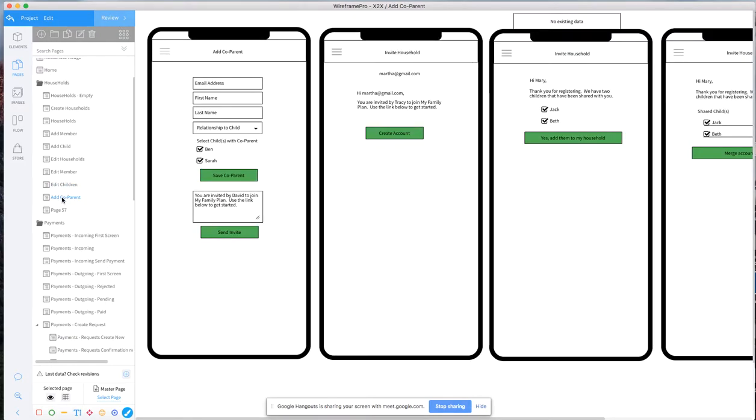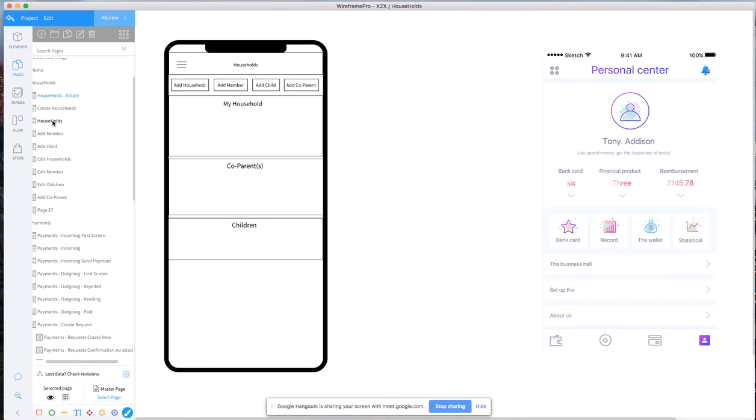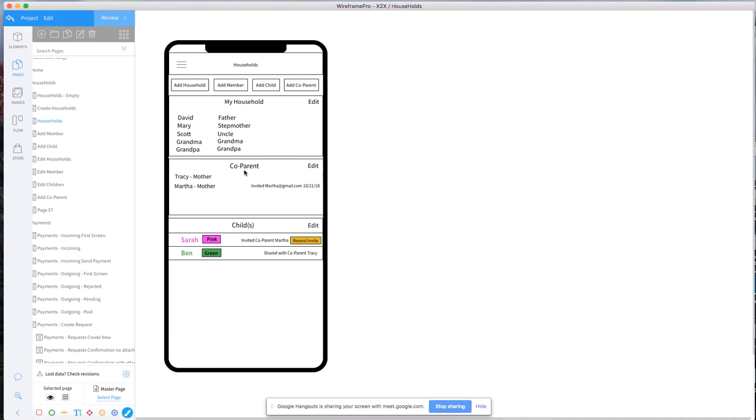All right. So when we go to add a co-parent, the only thing we really need to collect is their email address, their first name, the last name, and then the relationship to the child and which child they are co-parenting with. In this case, I can select which child, I can select all of them, and then save as a co-parent, and that adds them to